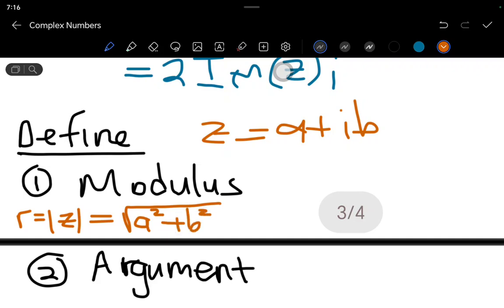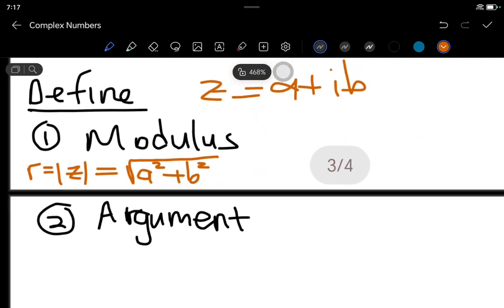plus b squared. You see, so this is just going to be the root of a squared plus b squared. Now this is how we're going to be looking at the modulus, right? Now when we come to the argument, we are going to say that theta is equal to arg of z,